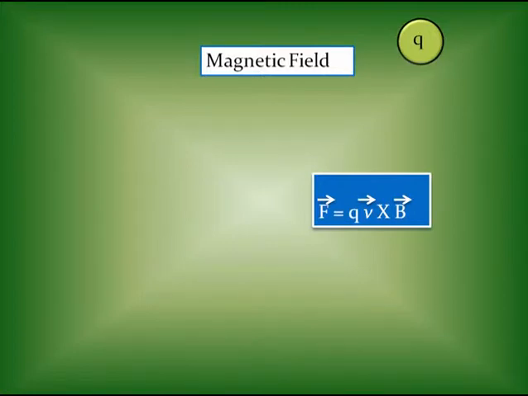This value has been experimentally determined. F is the magnetic force here, Q is the magnitude of the charge which is moving. V is the velocity of the charge. And B is the magnetic field. The magnetic field represents the extent to which the magnetic force is acting in a region. So for example, if there's a magnetic field in a region, this means that if you place a charge in that region, that charge will experience a magnetic force. The magnetic field, as you can see, is represented by the symbol B, capital B.